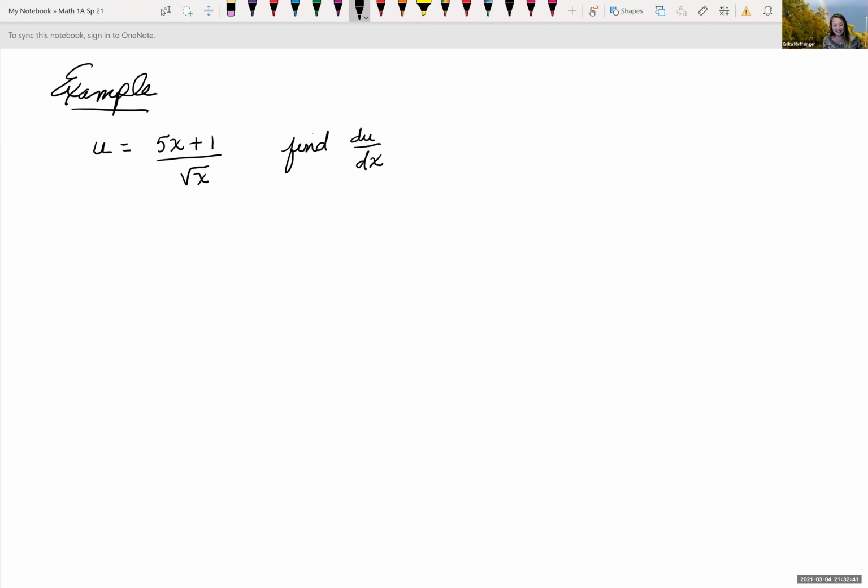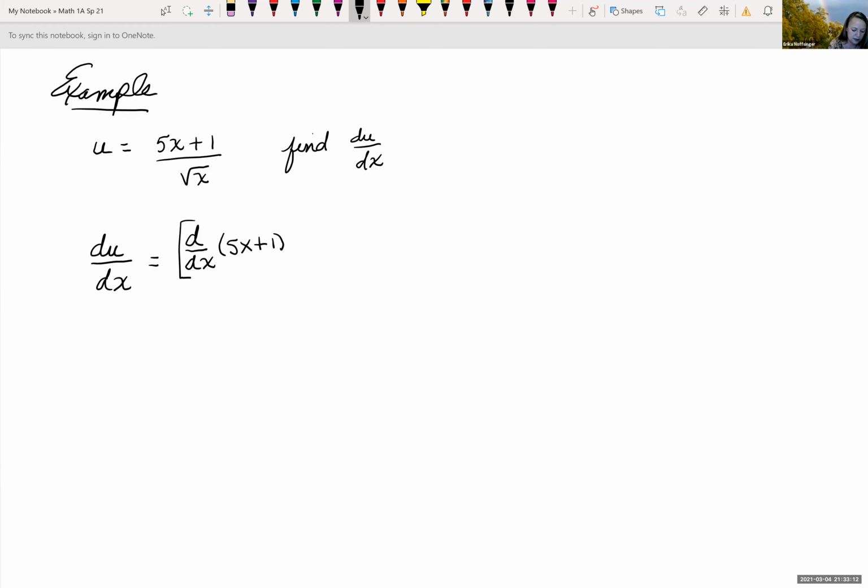Now we're going to look at an example using the quotient rule. So using the quotient rule, we're going to find the derivative of u. And so it's saying du dx. And so we're going to look at this, du dx. And this is equal to the derivative of our numerator. Maybe we need to write that. So derivative d dx of our numerator, which is 5x plus 1,